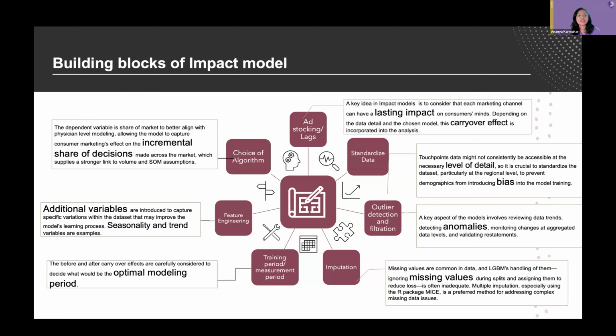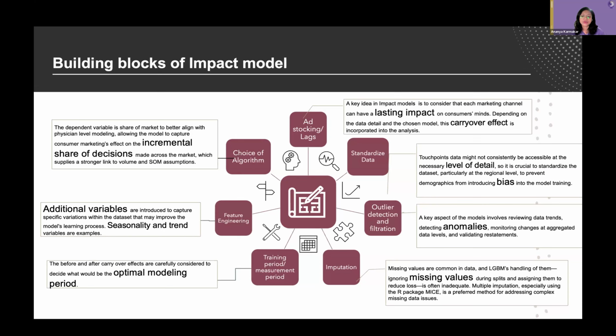However, in regional aggregated models, where impressions are aggregated and not necessarily at individual patient or individual physician level, we try to apply lag structures to account for these delays. And in frameworks like LightGBM, which I'll get to later as the primary algorithm that we use, LightGBM is particularly effective here at considering these lag effects because it captures them by iteratively fitting the residuals and enhancing the model performance.